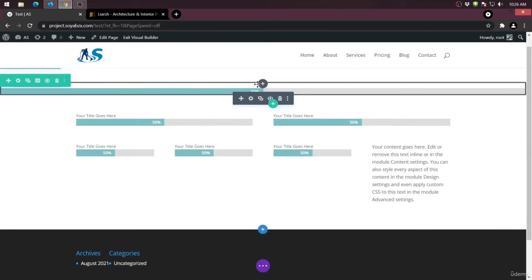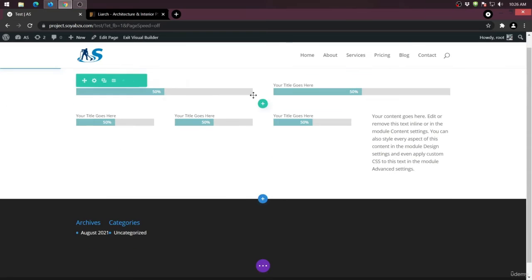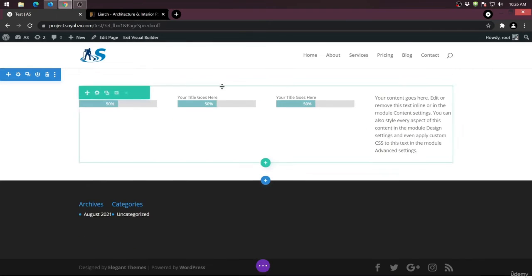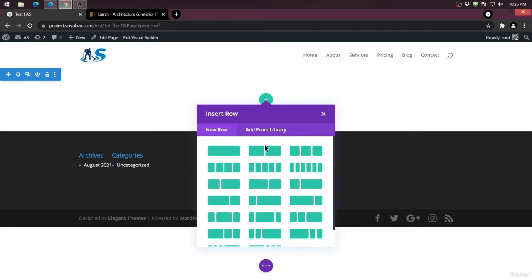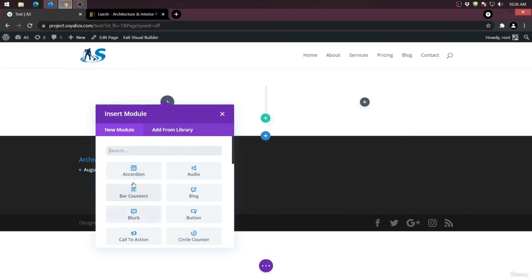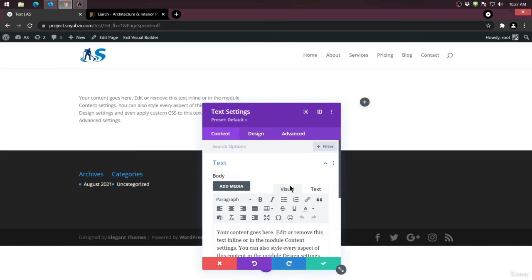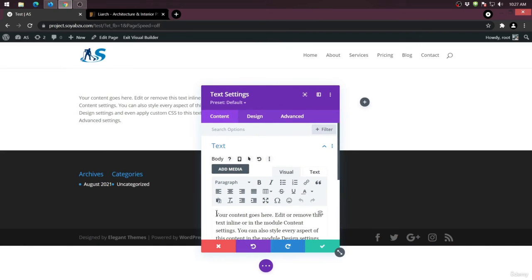So I just delete this thing. Okay, also delete this thing, also delete this section as well. So now I want to go with 2 rows. 1 row is with text. Okay, so simply I write here